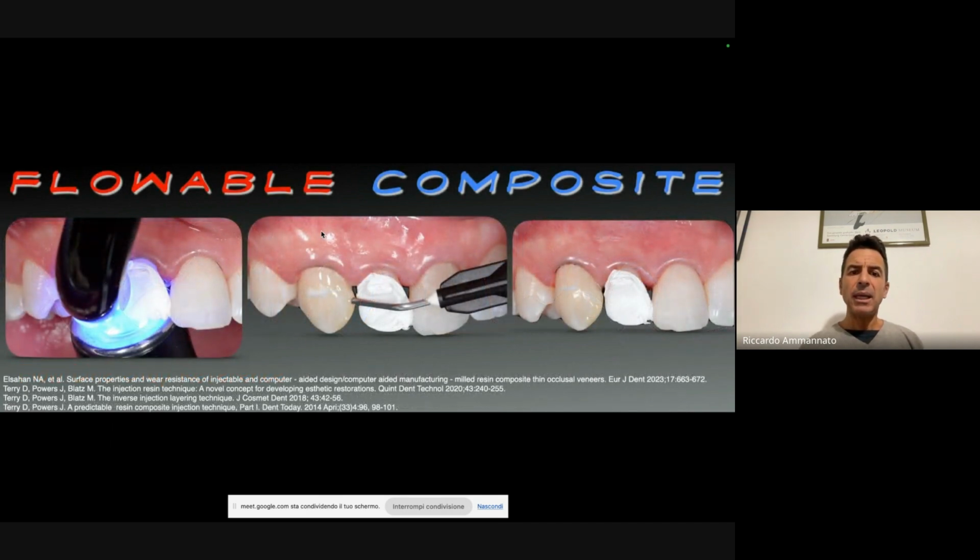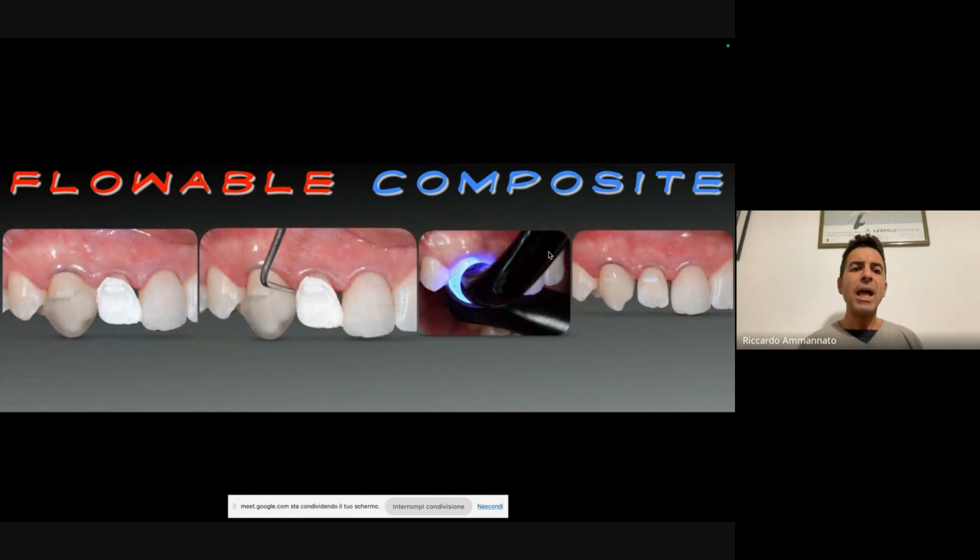I'm curing the bonding, and here I'm placing, instead of a packable composite, the flowable, okay? I place the flowable composite on the tooth. I'm not going through the index, so I do this variation of the flow injection, and I place it on the tooth, because for me, I have fewer bubbles. And then I land with my 3D printed index, and you see here in this first image, I have some excess. Since it's a single one, before curing, I can remove this excess material with a scaler, with a probe, with whatever you want.